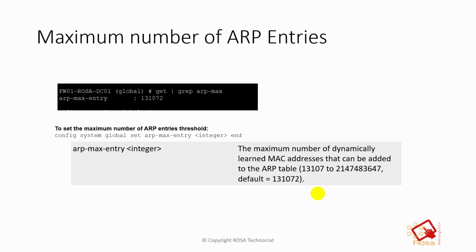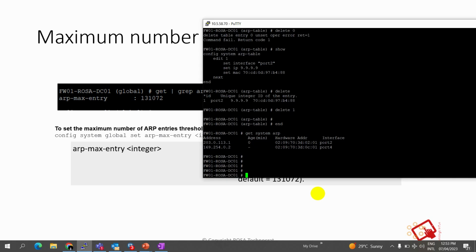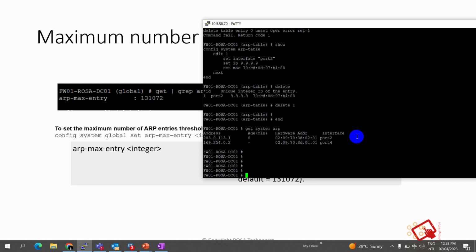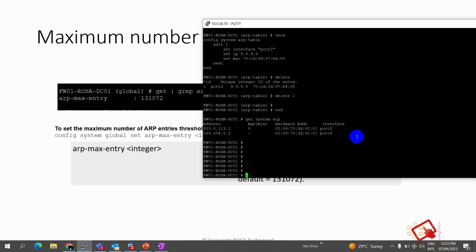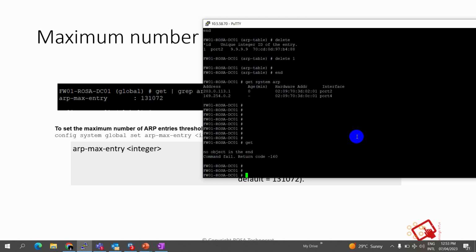Yeah. So for any device, it's not only about FortiGate, but any device on the network will have a limit on the number of ARP entries that it can store in the database or store on the device. On FortiGate, this limit can be checked by simply using the get command and finding ARP max. This may vary from platform to platform, meaning different hardware models too. Simply doing a get on the firewall,